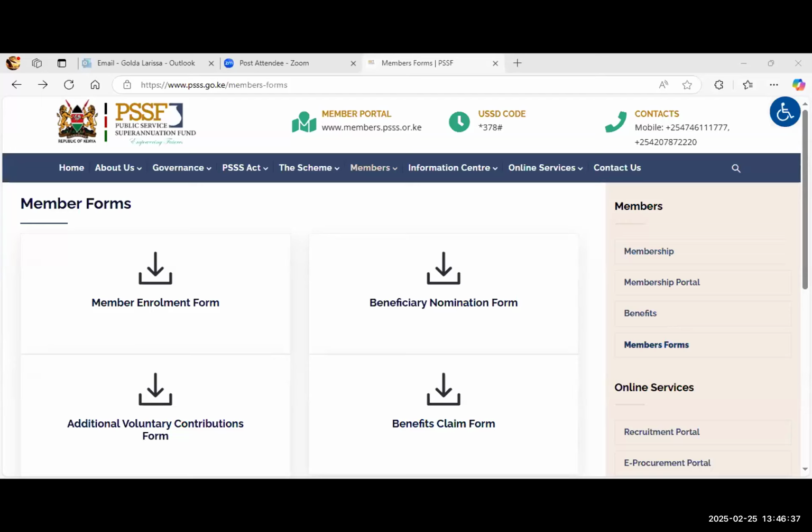Then the second one is we have the portal, whereby you can easily click a link. But again, we've also provided a simpler way whereby you can scan the QR code. I think within the website, there's that particular provision that you can scan that QR code, and you'll have to go and register. So if you're using an Android phone or an iOS phone, that is the iPhone, when you click that link, it will give you a padlock on the top. At the middle of the phone, you'll see a padlock,